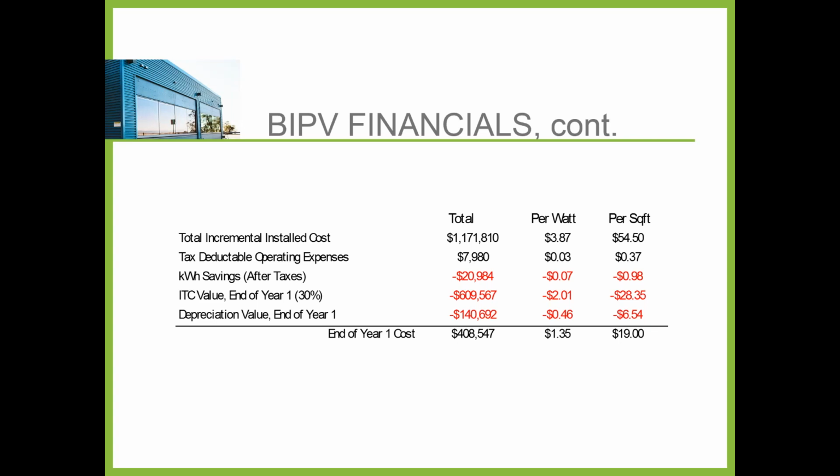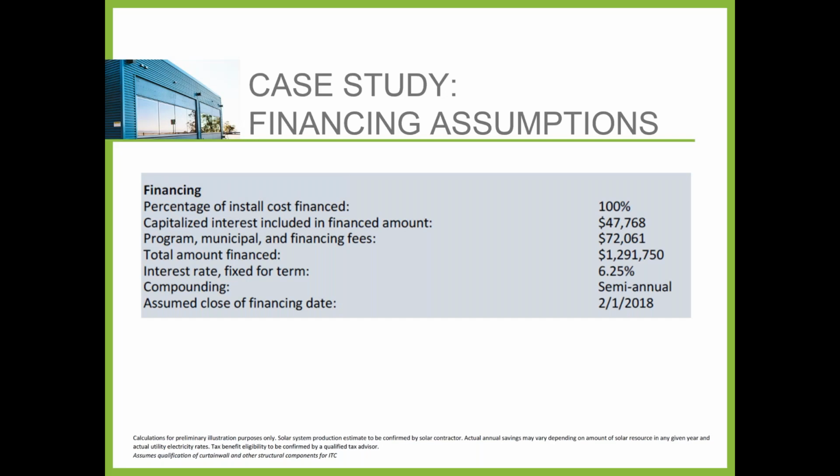And if we sum all that up and look at the total installed incremental cost, the tax deductible operating expenses, and all the savings that we see, the end of year one cost is around $19 per square foot. And that's very much palatable from an architectural standpoint, in my opinion. Next slide. So we take all that and put it in the SEAPACE equation, and here are the metrics that we're